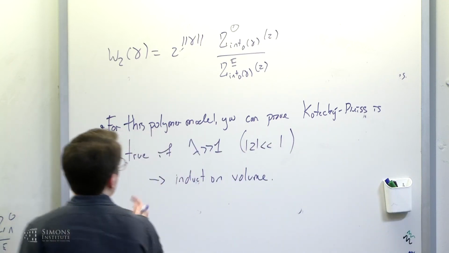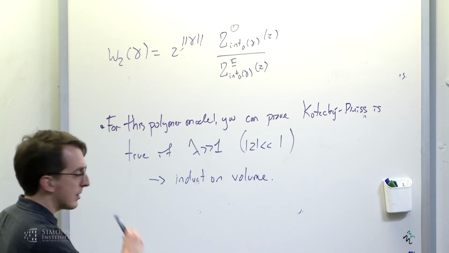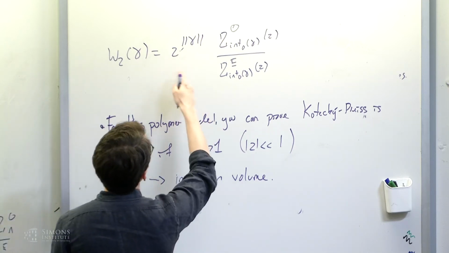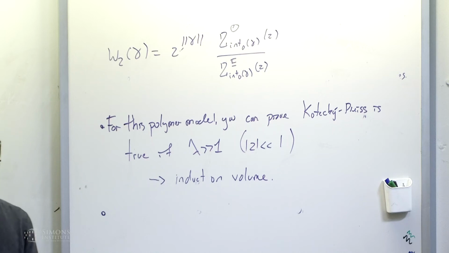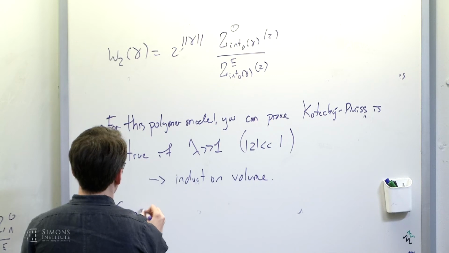Okay, so that's how you prove that you have the Kotecký-Preiss condition, so you have a convergent cluster expansion. So you can pretty much just use the algorithms that Will described this morning to prove the theorem. Just the one thing that you need to remark is that these weight functions are no longer so obvious that you can compute them efficiently. So that was part of Will's algorithm, that you can compute weights efficiently. So to compute weights efficiently,